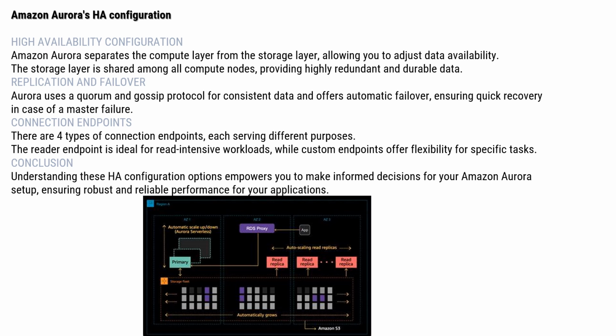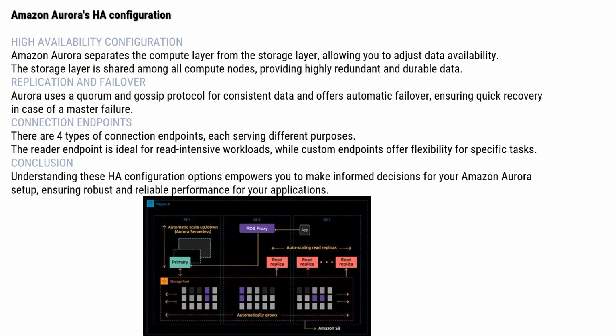Now let's dive into Amazon Aurora's HA configuration options. Let's explore the key features and benefits that ensure maximum uptime for your applications. Amazon Aurora separates the compute layer from the storage layer, allowing you to adjust data availability. The storage layer is shared among all compute nodes, providing highly redundant and durable data. Aurora uses a quorum and gossip protocol for consistent data and offers automatic failover, ensuring quick recovery in case of